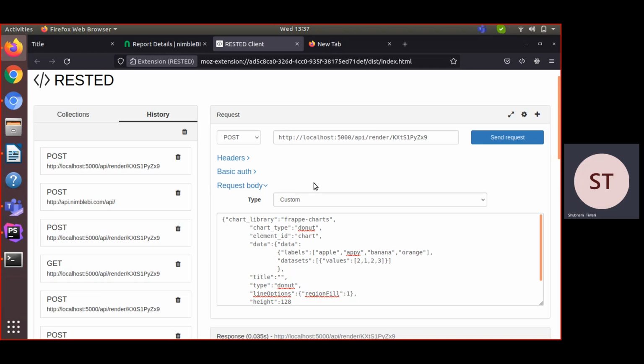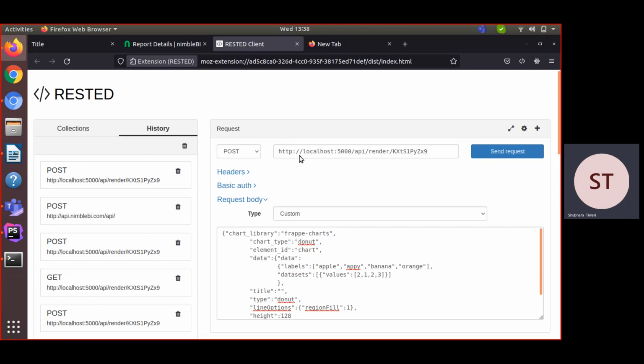Alternatively, you can use Postman, which is most popular to test any API, but because I'm familiar with Rested, I am using the Rested plugin in this demo. Now let's start our Nimble BI Node API demo.